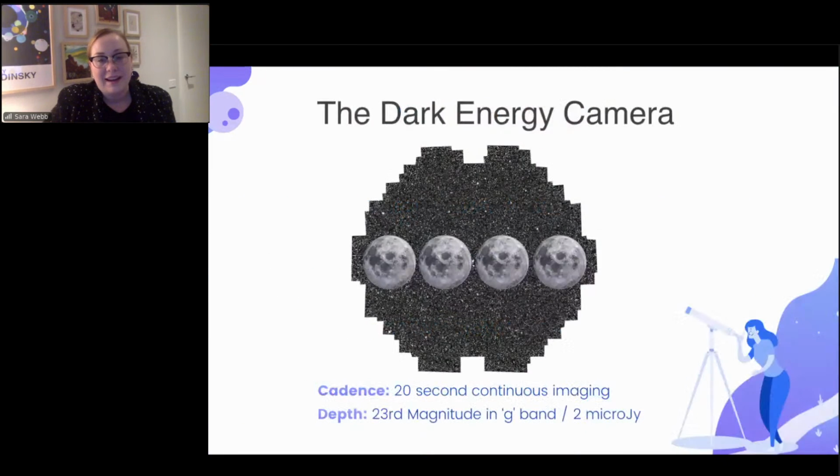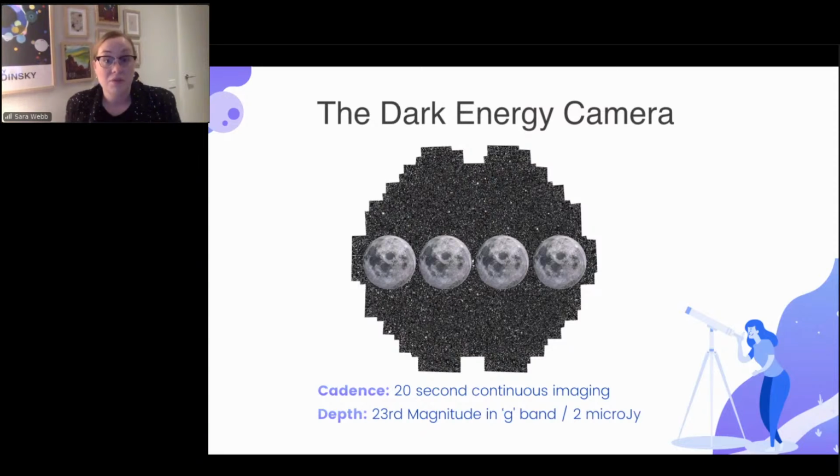As I spoke about before, we rely on the Dark Energy Camera to be our main driver to give us the most information about the changing sky in real time. We do this using 20-second continuous imaging, and with DECam, you have a 20 to 30-second readout in CCD clear. So by the time you get all your images, you have about a 1-minute cadence between the exposure start and exposure end of your next image, which is very good. It means that every minute we can see what is changing in the sky.